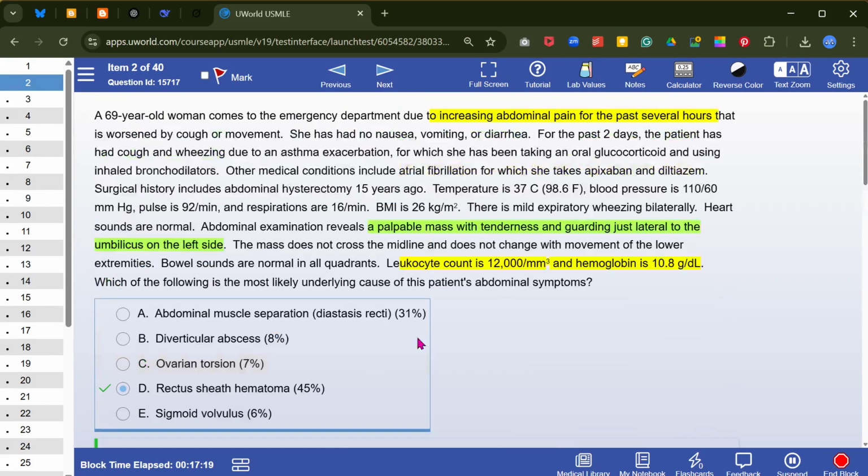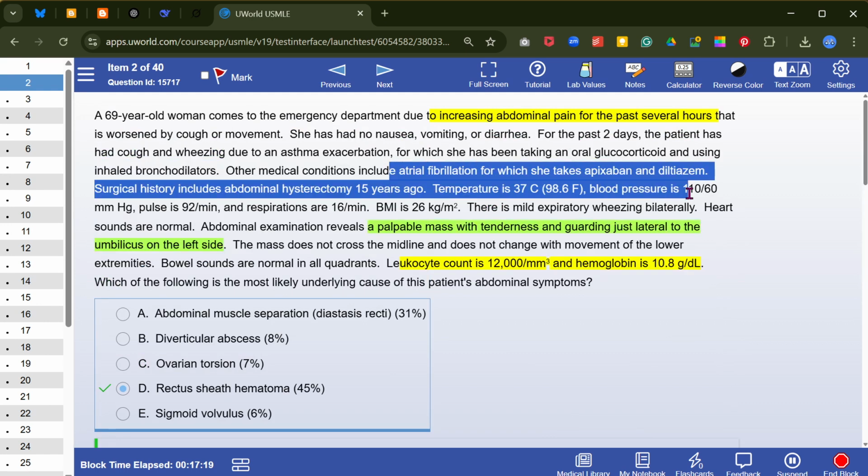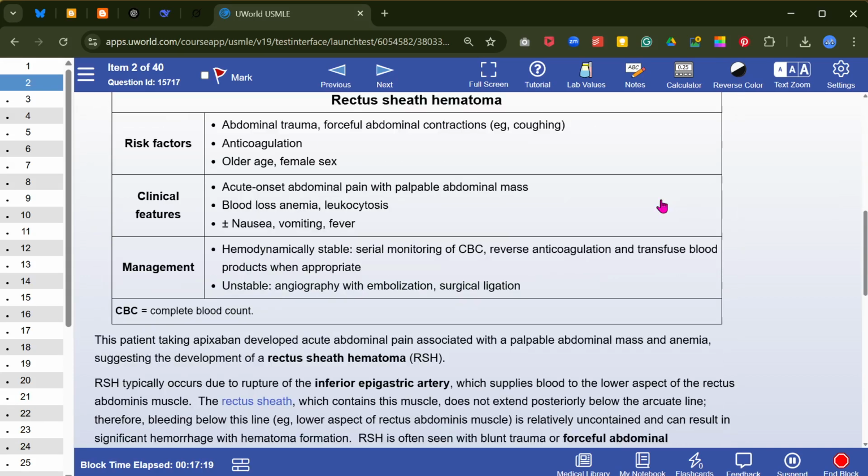This patient, taking apixaban, develops acute abdominal pain associated with a palpable abdominal mass and anemia, and the development of rectus sheath hematoma. Rectus sheath hematoma occurs due to rupture of the inferior epigastric artery, which supplies blood to the lower aspect of the rectus abdominis muscle. The rectus sheath, which contains this muscle, does not extend posteriorly